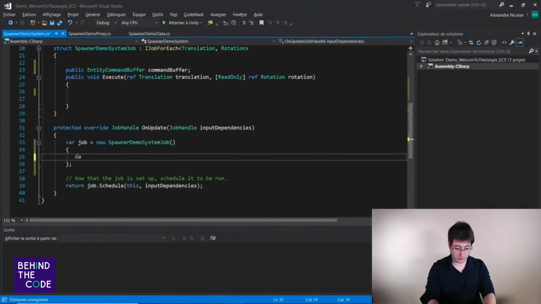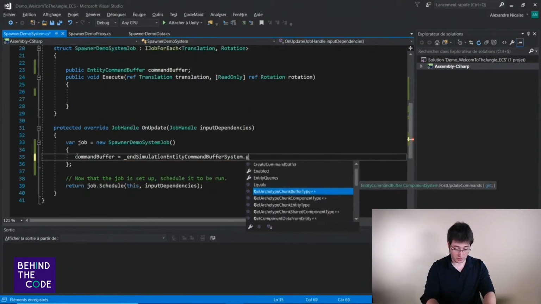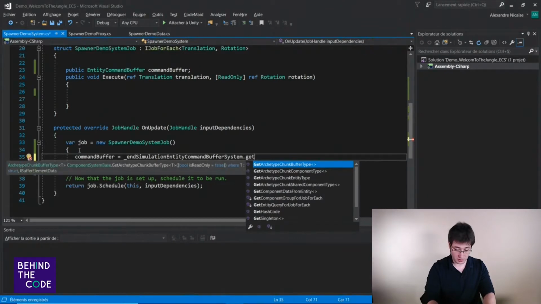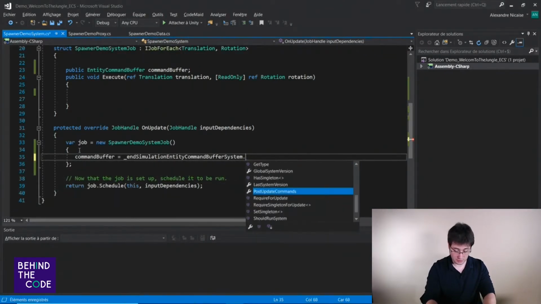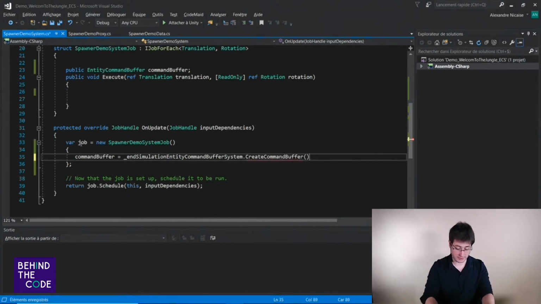So now the command buffer of your jobs is a call to your end simulation buffer dot get entity. No, it's not that. Create command buffer is that. So you have your command buffer. You will be available to use your command buffer and create entity.